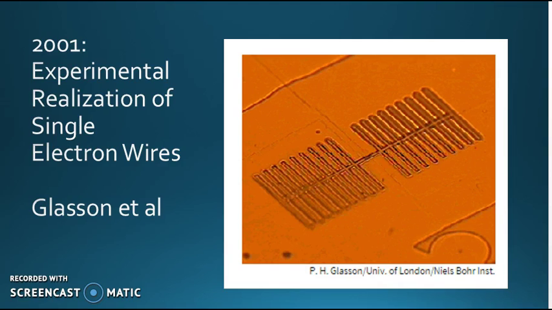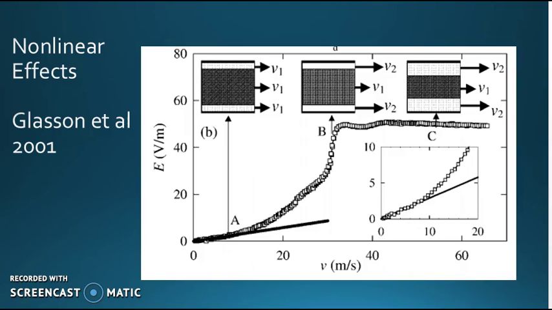Indeed, the next year, researchers at the University of London were able to fabricate the device they had proposed in the form of a Wigner crystal. This material behaved as a set of 1-electron wires. These wires were made by pouring liquid helium into etchings made on a semiconductor substrate. However, the structure had unanticipated nonlinear effects and began to disintegrate with high-frequency signals.